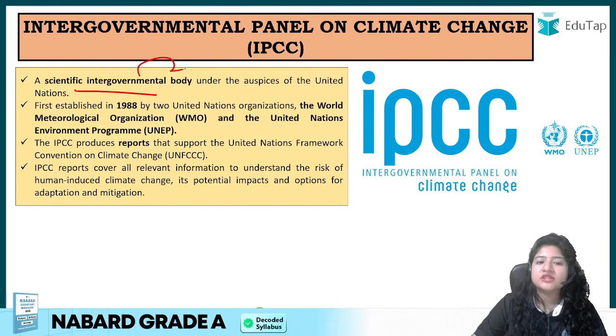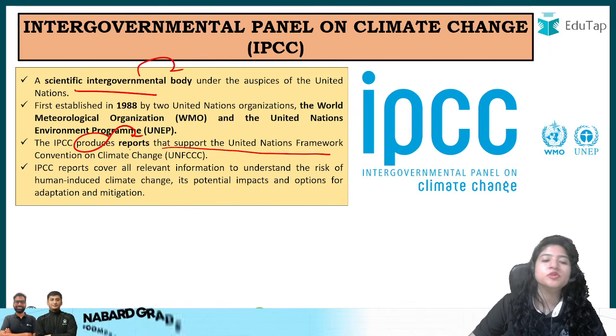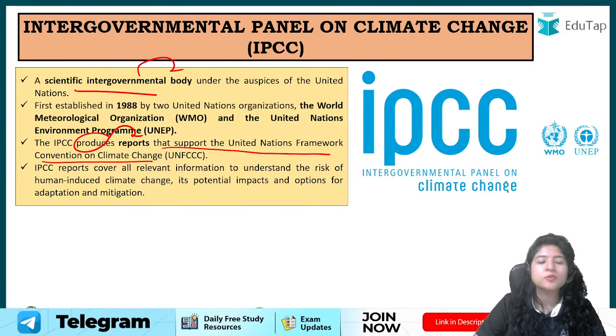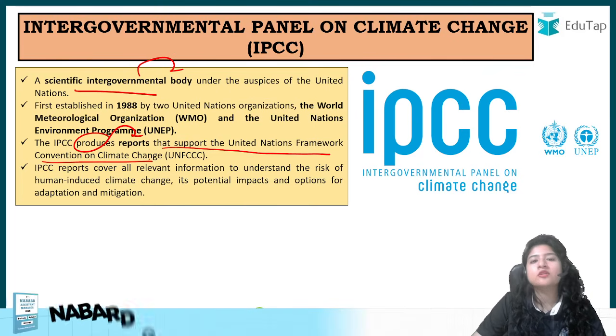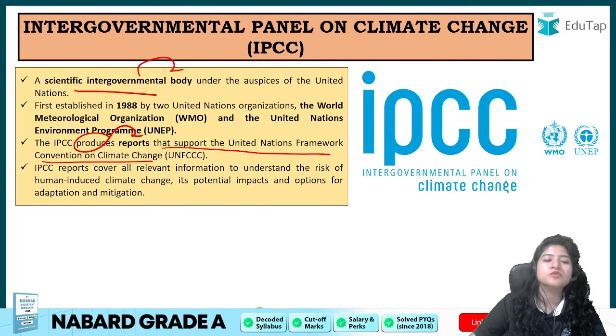तो ये इंटरनेशनल गवर्नमेंट बॉडी है जिसका काम क्या है, their work is to produce reports that support the UNFCCC. Means what does it do, it makes reports of the countries, like whatever the conventions or protocols that have been signed or legally binded under the UNFCCC. This IPCC, international panel on climate change, it makes reports, it highlights like what country is in it, what progress, or maybe are they degrading or they are improving from before, right? To come up with these reports. तो main काम उसका ये है.